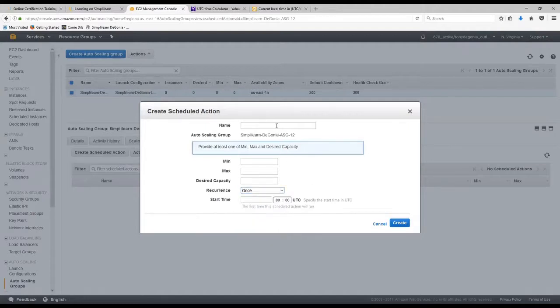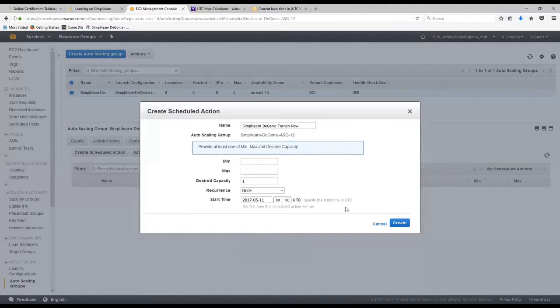So we would do, just name it Simply Learn dash Degonia dash turn on dash now, and desired capacity, and we'll do one time, and we will choose